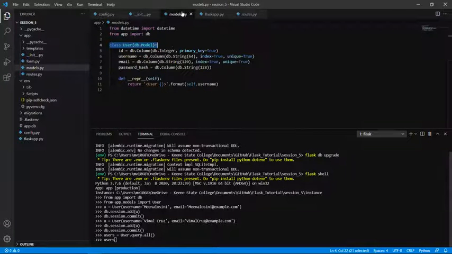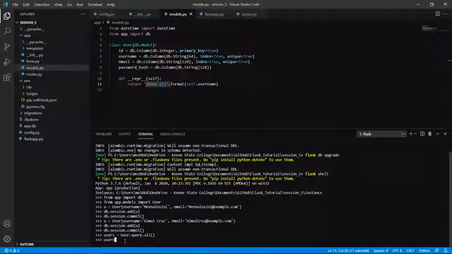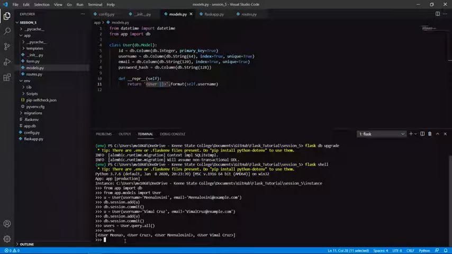This will return all the objects, and the result will be displayed in the format that we have given in our models.py. Okay, so now we are going to print this value which is there in users.